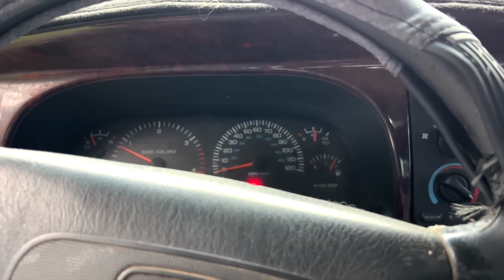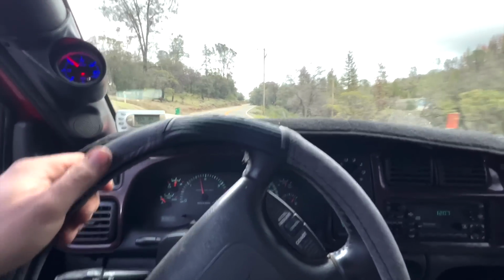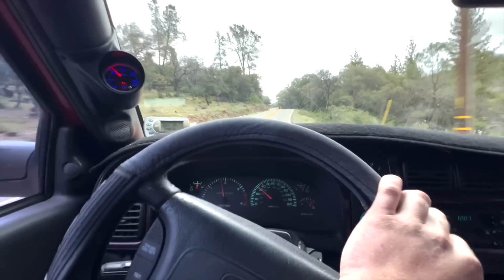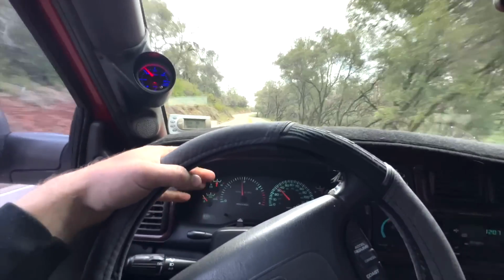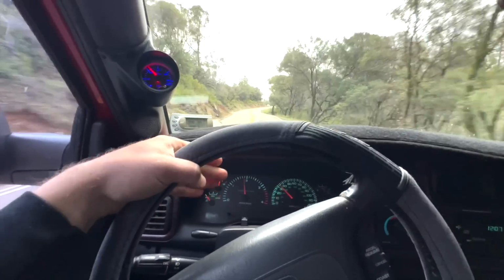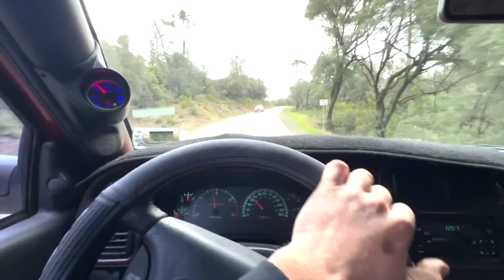Let her warm up, we'll take her for a test drive. See if we got cruise control back. Alright boys, we are off to the races. Now, if you do a manual swap and you don't do your wiring correct, you're going to get a check engine light anyway. But I'm pretty sure all the plugins and everything I have down there, I take all the